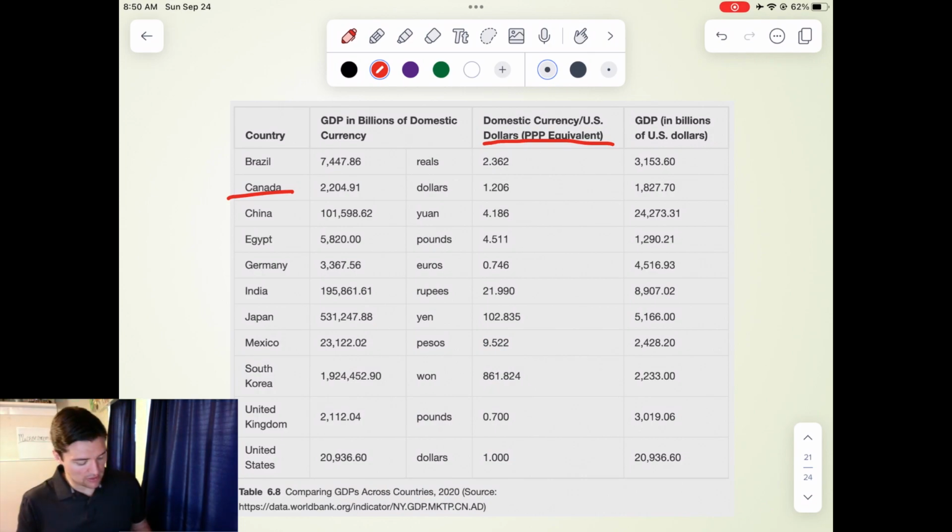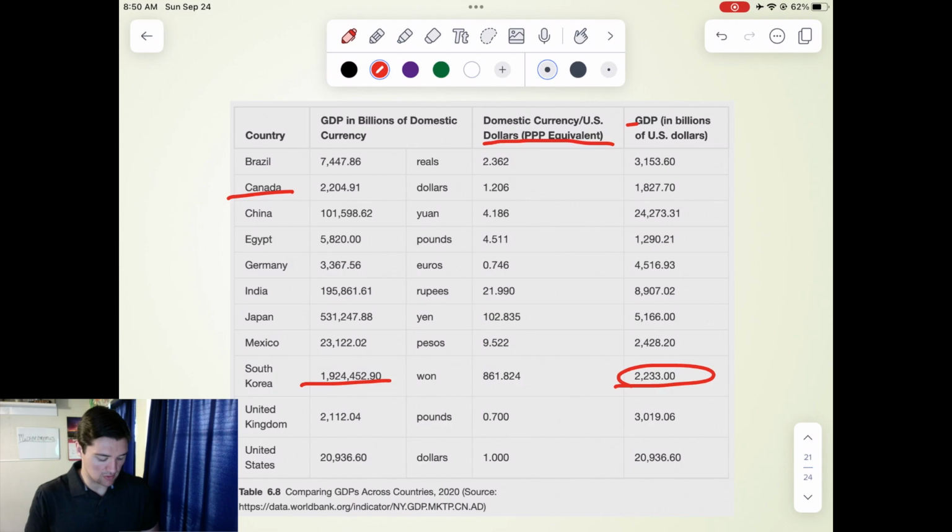So once we have that, we can then find the GDP in US dollars. Okay? And now we can compare all of these countries to each other and to the United States. That way we can see which one's larger, which one's growing, things like that. The exchange rate is very, very important, so we understand how much production a country is doing. Look at South Korea, right? That could be really confusing. That could be like a really big GDP, but once we put it into US dollars, it's only 2